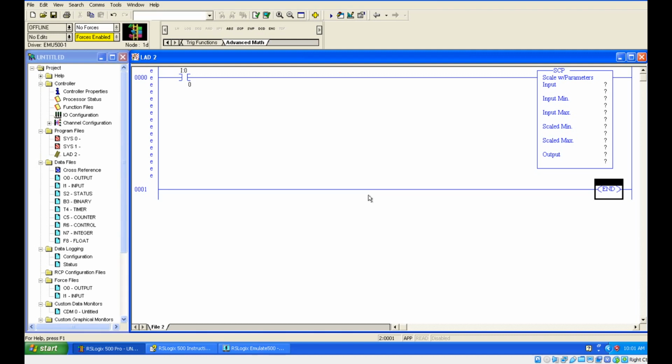For example, if the level is below 20, the valve should completely open. Fine, the control valve should be completely open. So when the tank is getting filled, I mean it reached 50, the valve should partially open. So it is not like before. It was completely open, like completely 100% open. Now it should be 50% open. When the tank level reaches 75, it should be 25% open. When the tank level is 100, it should be 0% open. Okay, that means it is completely closed. So this is the example.